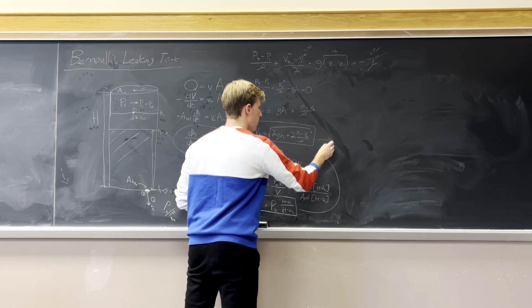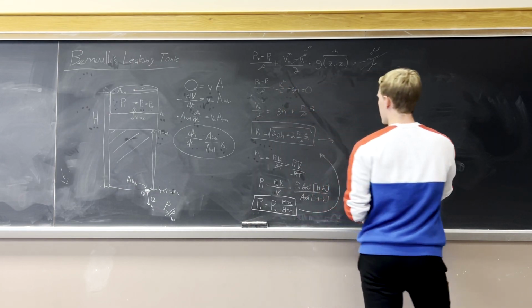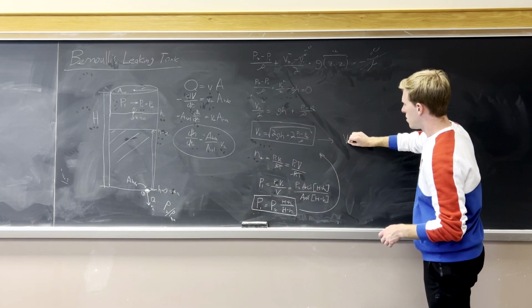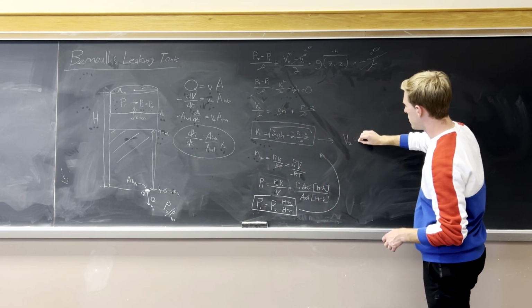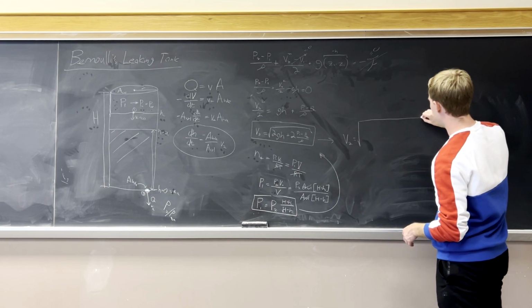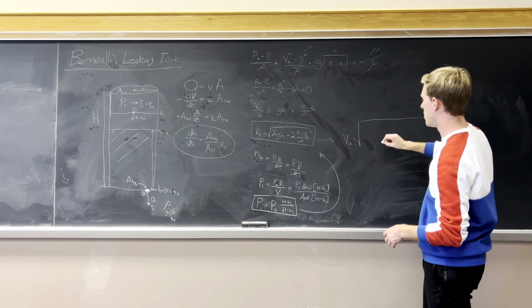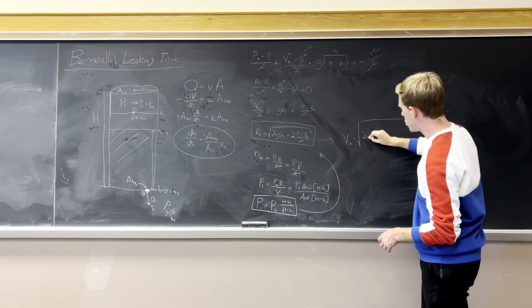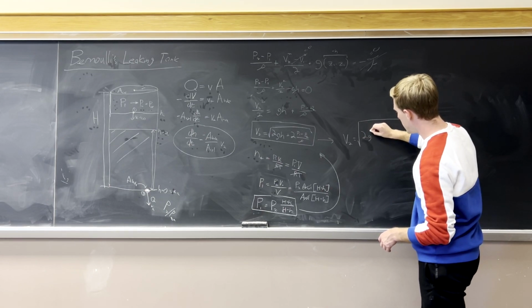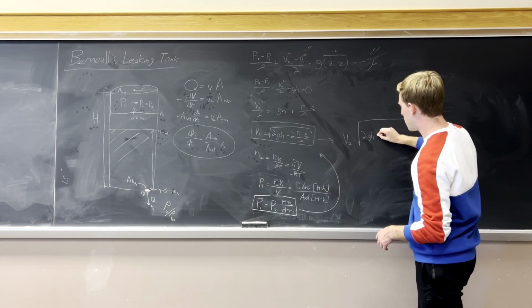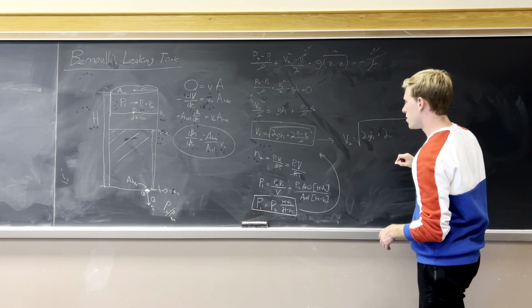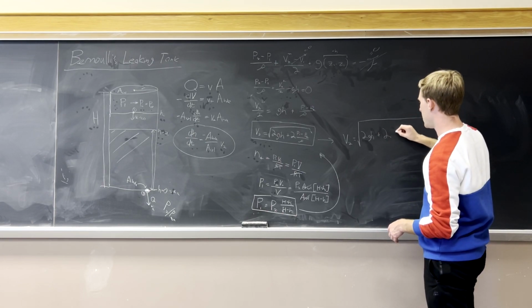And then when I substitute that in, we can write that the velocity of our fluid leaving is going to be equal to the square root, I'll make sure to write it really big so I have plenty of room, of 2GH plus 2 multiplied by